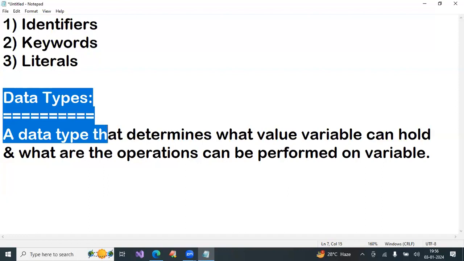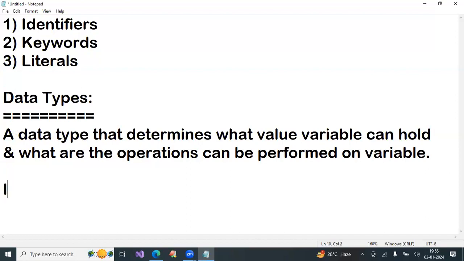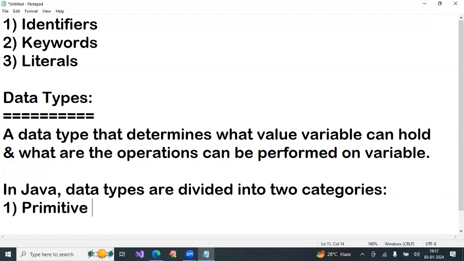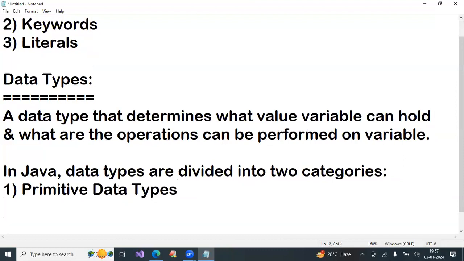Okay. Note that in Java, data types are divided into two categories. First one, primitive data types. Second one, reference data types.